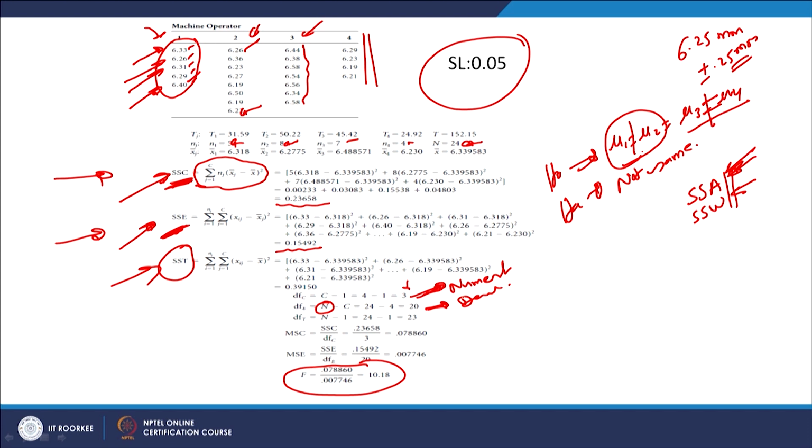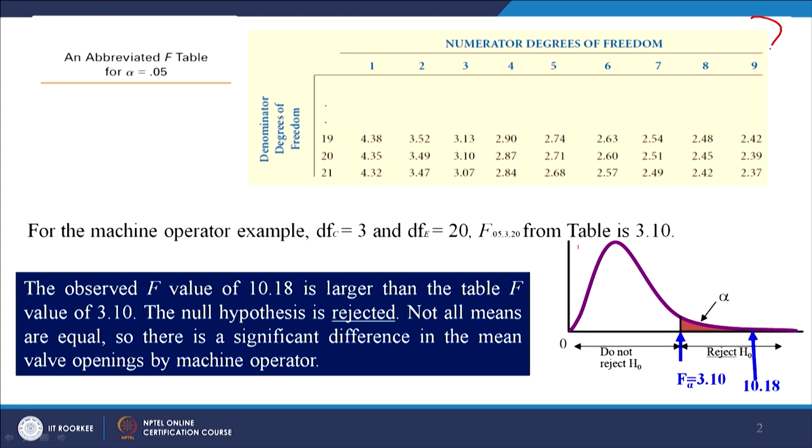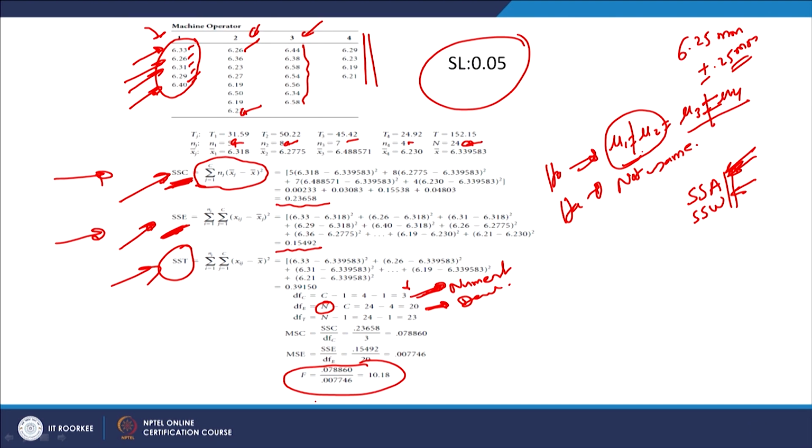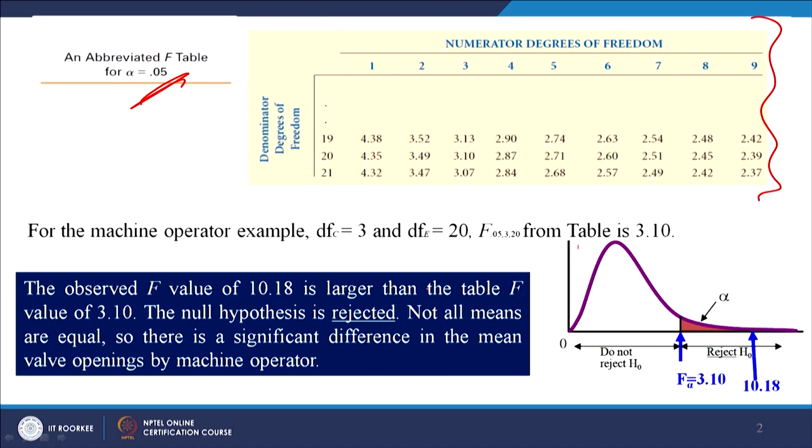So, you need to look at that F critical value from the table, and this is a partial F table at alpha equal to 0.05, right. So, that value is 3.10. Three degrees of freedom at numerator and 20 at denominator, let us see what that value is. These are numerator degrees of freedom and these are denominator, right. So, 3 and 20, this is 3.10. So, this is your